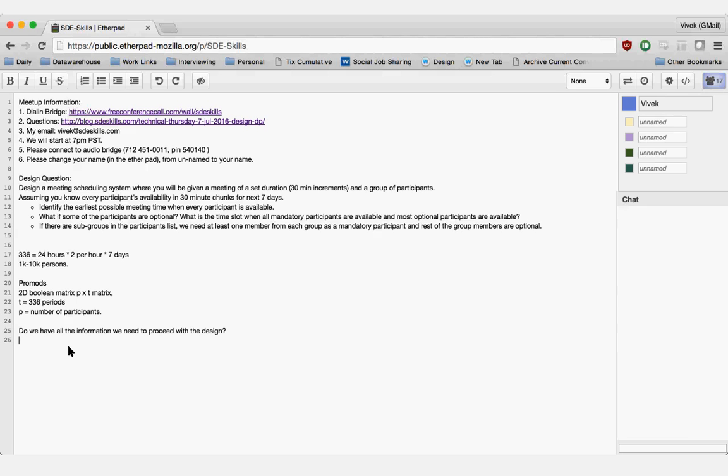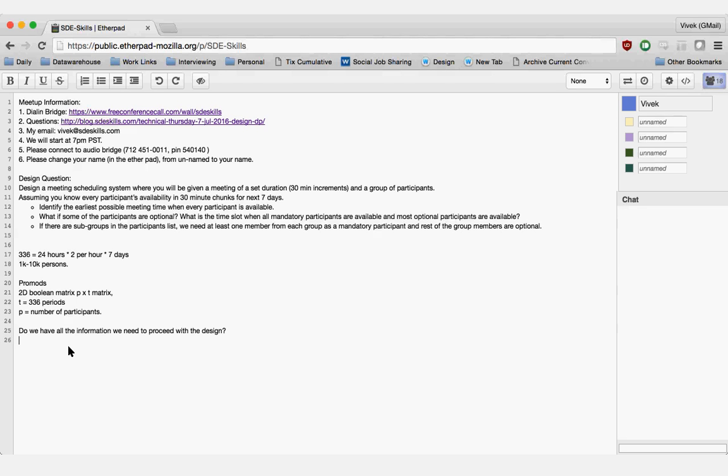There was a question about the number of people in the organization, but did we ask how many people are in the meeting? In general, what is the number of participants? Do we typically have meetings with 5 people, 10 people, or do you generally end up scheduling meetings with hundreds and thousands of people?